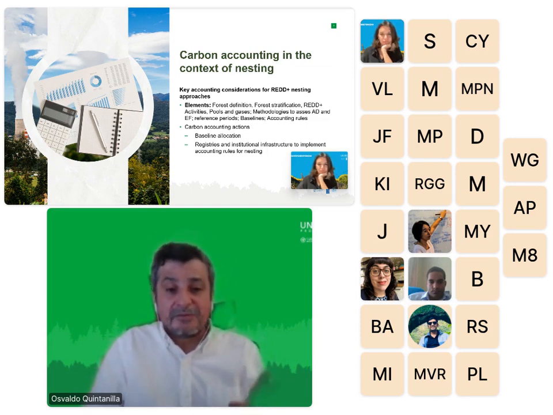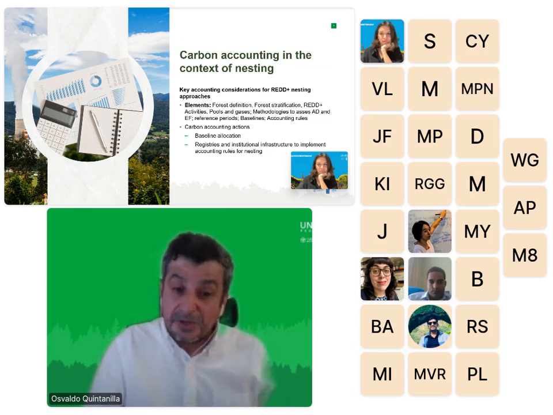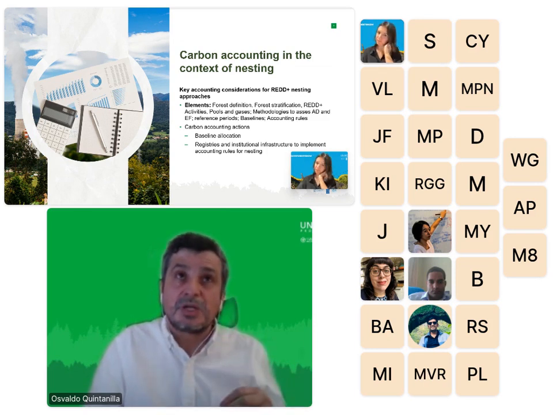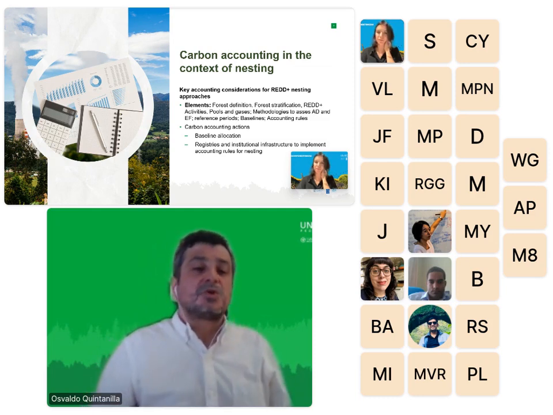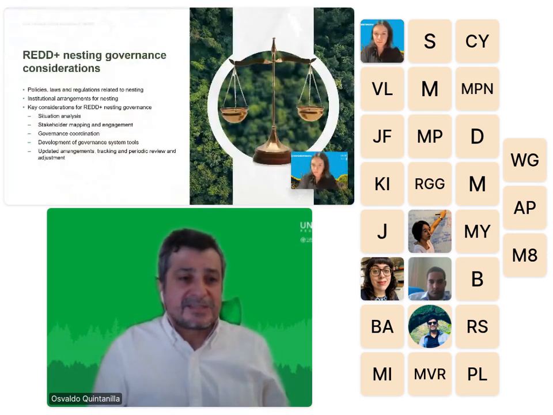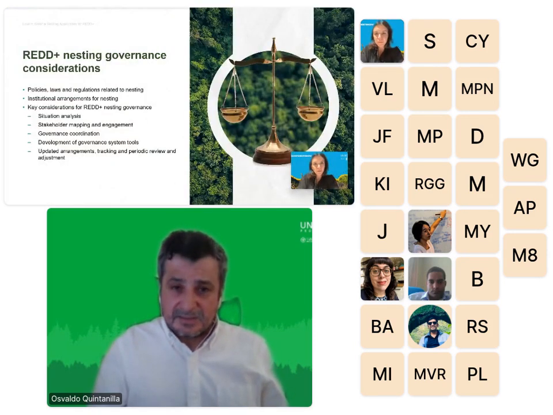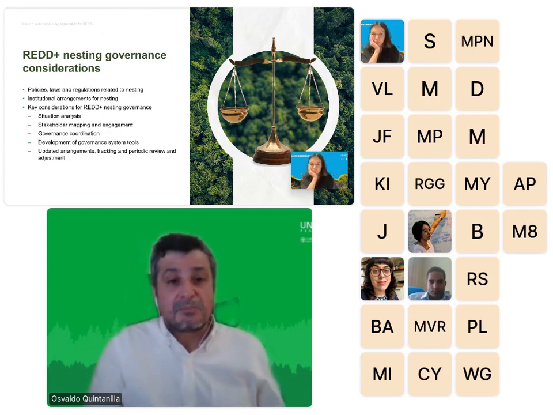So here we have another essential component for the government to consider when implementing the nesting system: the registries. They are core elements that must transparently track project and emission reductions, prevent double issuance, and support registration with different standards, right? So the second element is the governance, which defines who participates in, benefits from, or makes decisions about